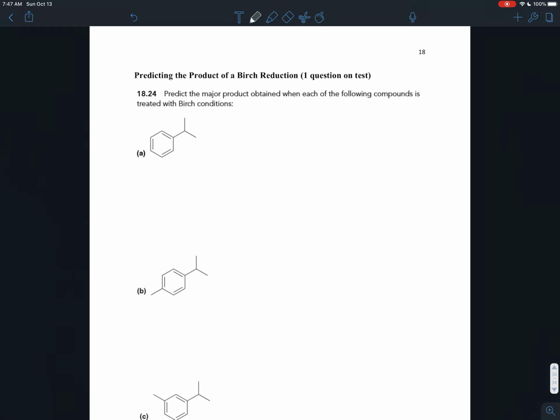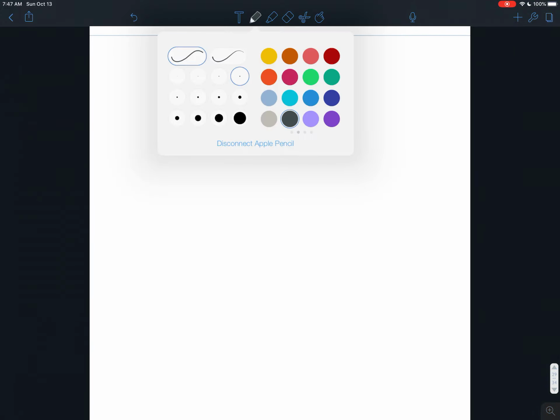Exercise 1824 is asking you to draw a major product of a Birch reduction. So let's talk about what a Birch reduction is. In general, in organic chemistry, when you have a reduction, you're creating more bonds to hydrogen, so fewer bonds to electronegative atoms and more bonds to hydrogen. Now in benzene, the places where you have a lot of bonds are the bonds between the carbons. So you're going to replace one of those bonds, the double bonds, the pi bonds between carbon, with bonds to